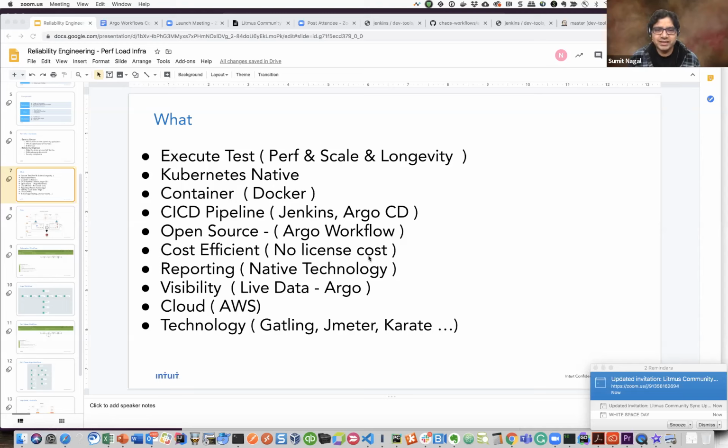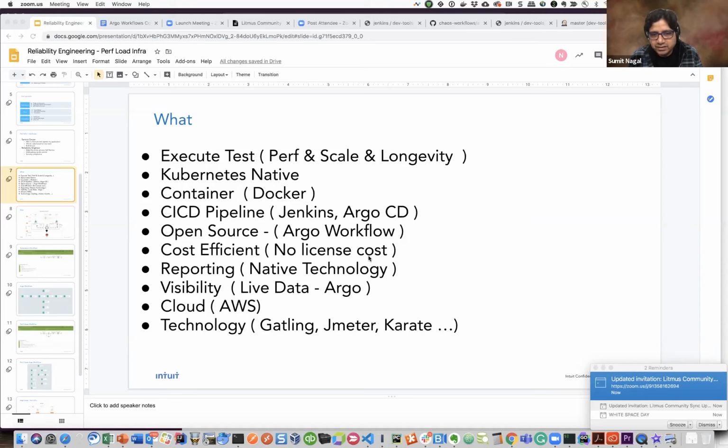One of the other things why we opted for Argo is that most of the performance tooling or performance infra has a good amount of licensing cost. Just to give an example, Frontline will cost yearly 80K for running the license. Now, Argo Workflow doesn't cost, it's open source, it's free. So that's another thing. And then it can attach to the actual reporting of a specific technology.